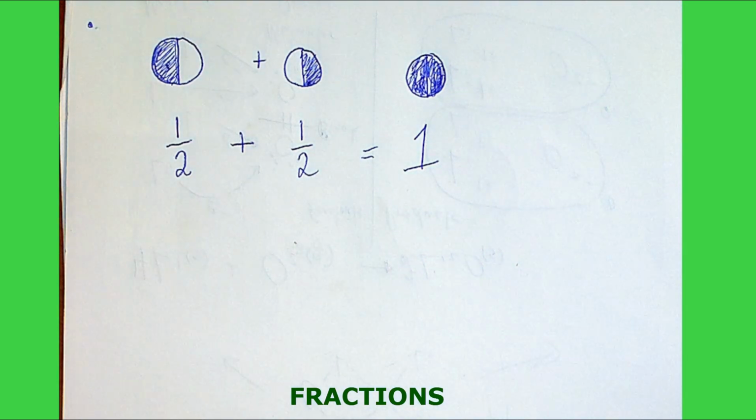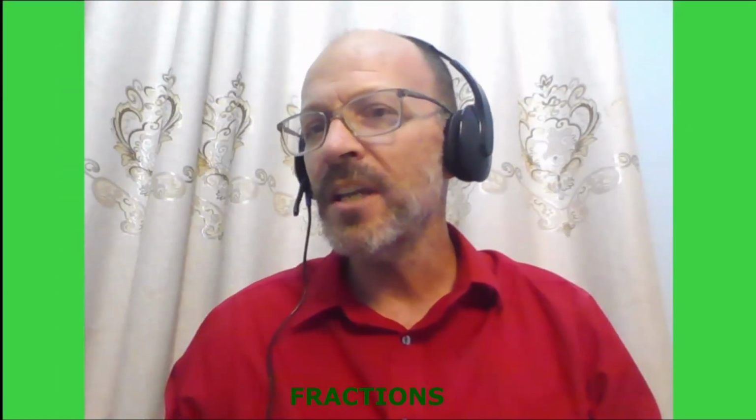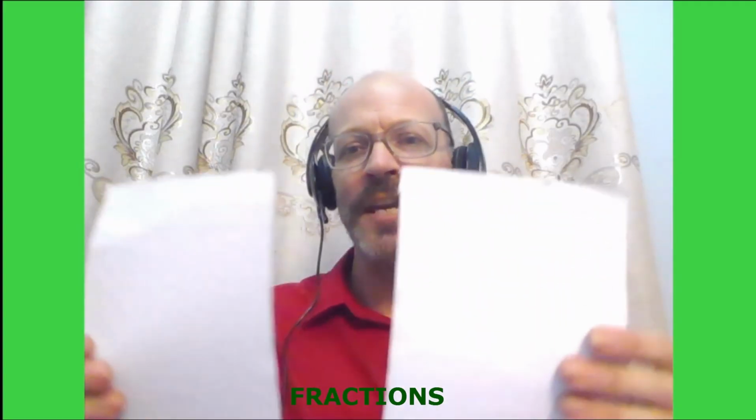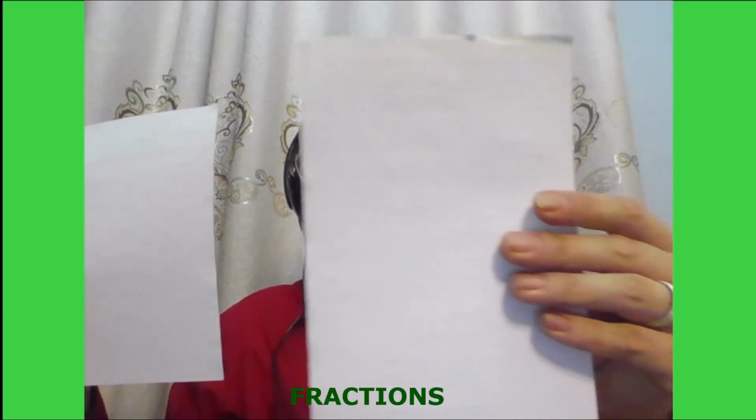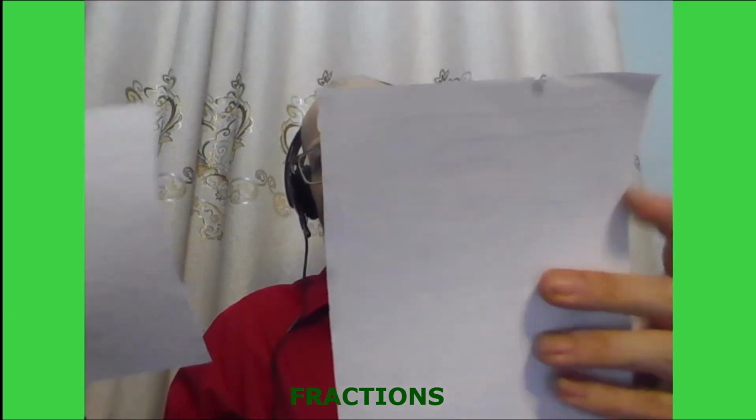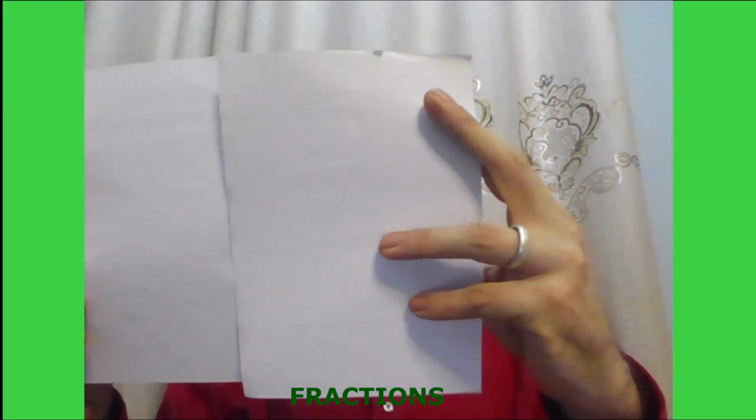And then, of course, at the same time, don't get in too much of a rush. At the same time, we can go back to these two pieces of paper that are now torn in half and say, here's 1/2 and here's 1/2. And if I put them together, it's a whole piece of paper. So 1/2 plus 1/2 is a whole piece of paper.